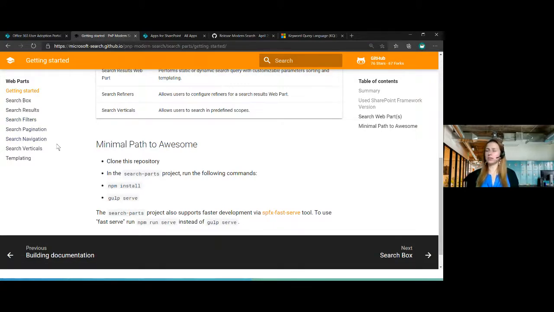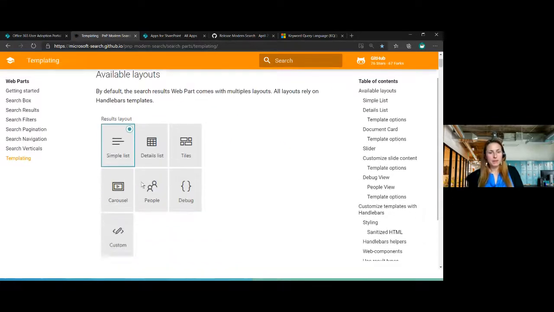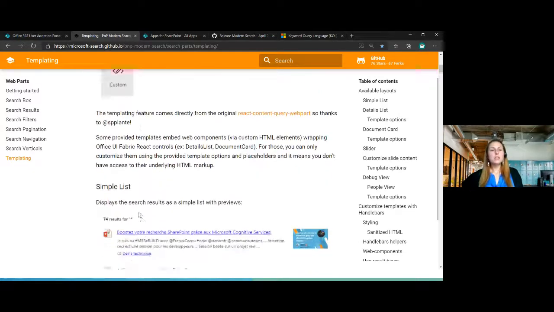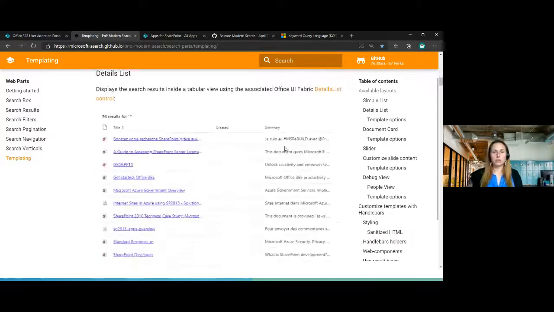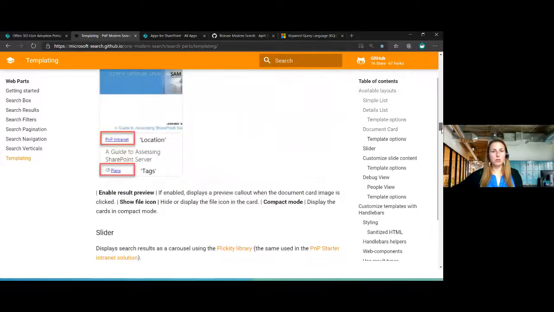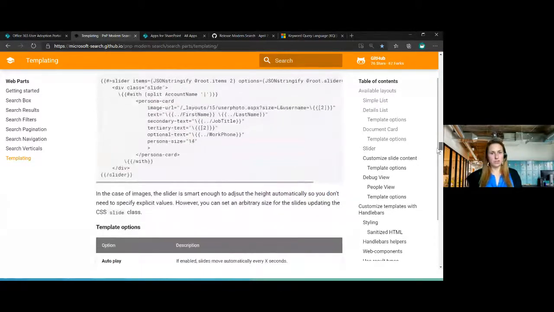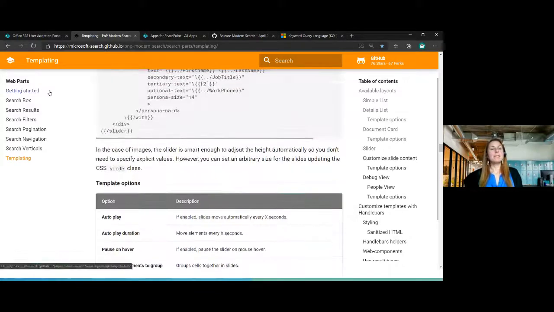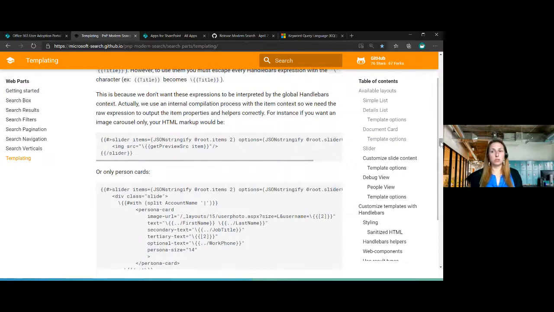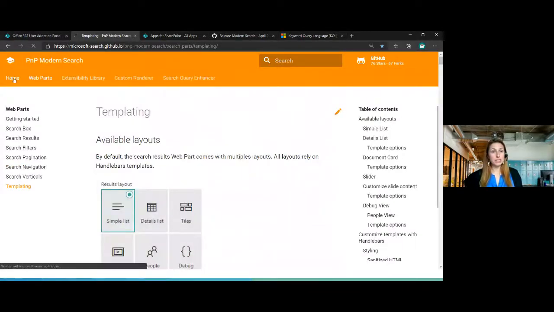And I said to you that there is a templating system with Handlebars. So if you go to the templating, you can see here that there are already some available templates. They're nice, but you will probably want to create your own template design for the search results. And here in the documentation, you can find really a lot of information on how to configure it and all that stuff. Yeah. So if you want to use the solution, what you have to do is download